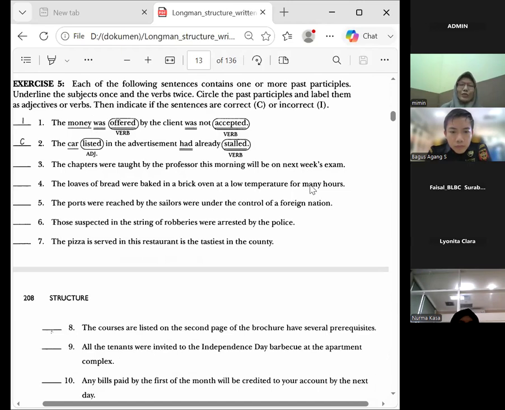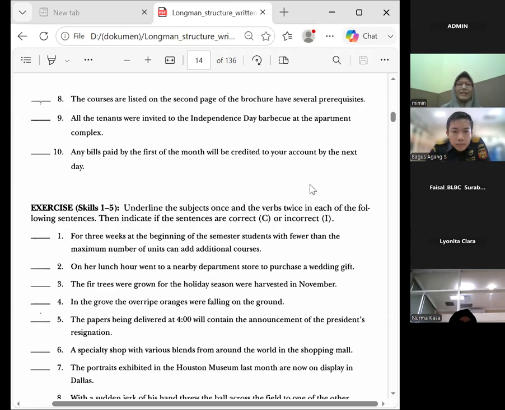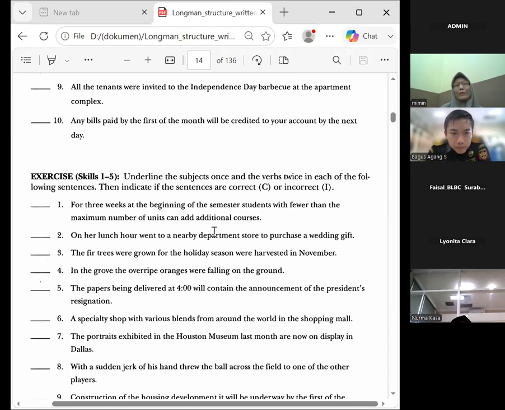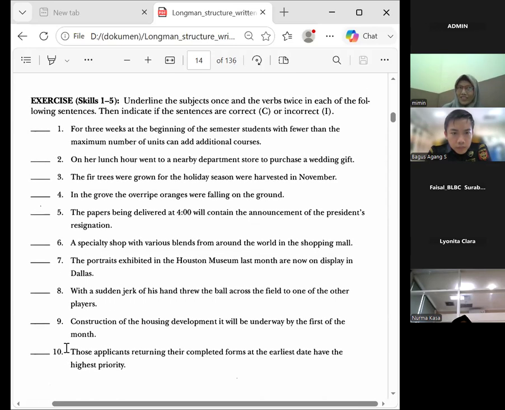We actually use the same source at this course. So if it is any different, probably CB has the summary of all skills, but the file that I'm showing you at the moment contains not just the summary or the key information, but also the practices. For example, the exercise for skills 1 through 5 here, from number 1 through 10. Would you like to try it first, or shall we proceed to 6?